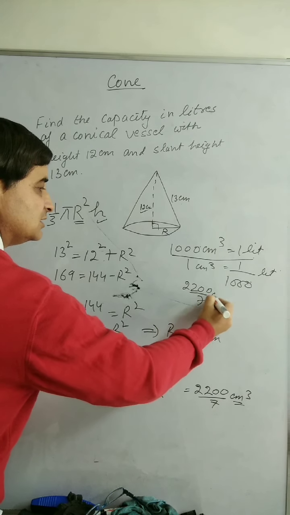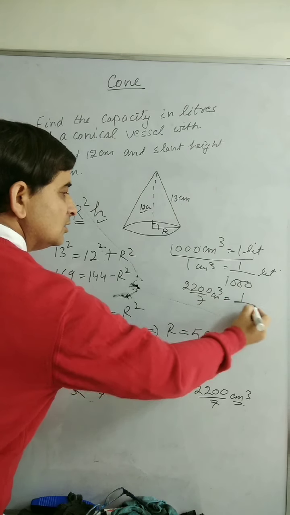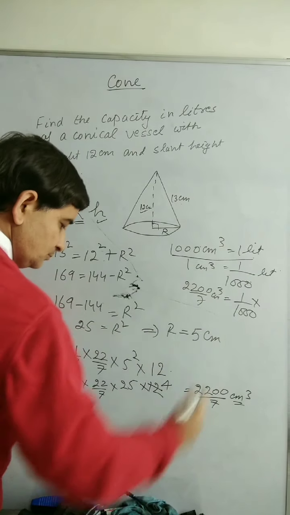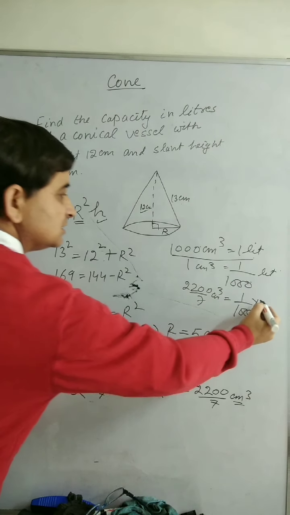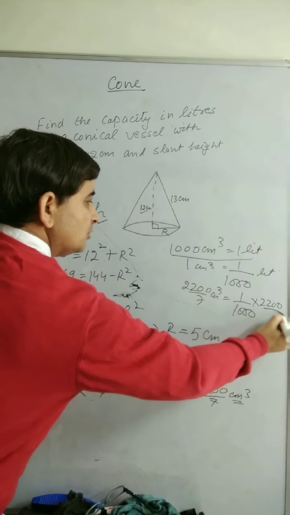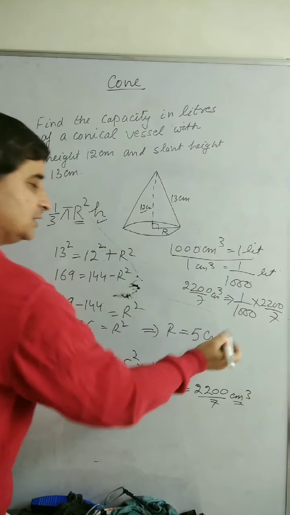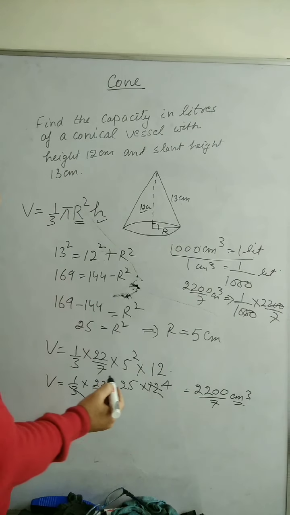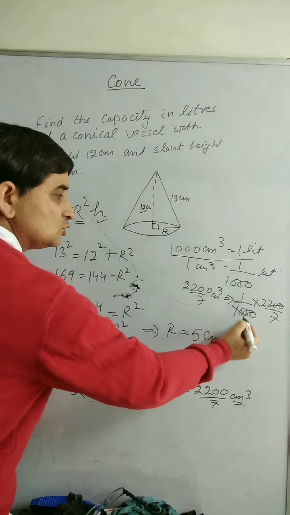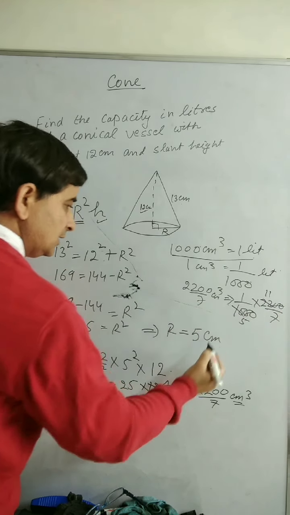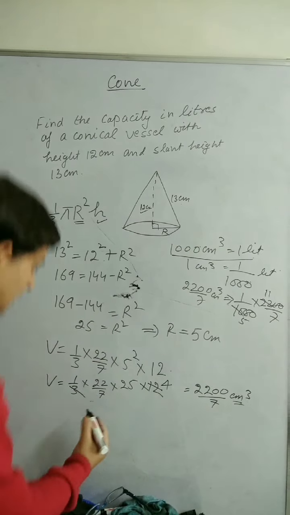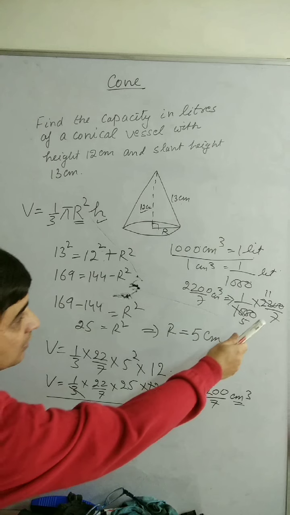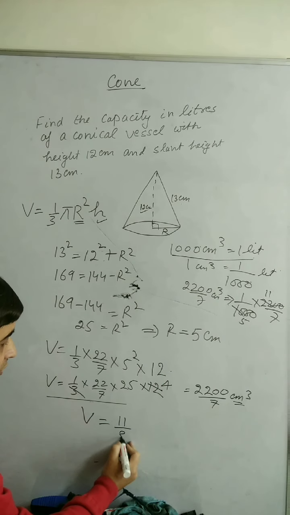2200 upon 7 centimeter cube will be 1 upon 1000 into how much? This 2200 upon 7. Right. So these 2 zeros will cancel. Got it. Now you can cancel this. 2 5s are 10, 2 11. So the volume, I am writing it here. The volume in liters will be how much? 11 upon 35